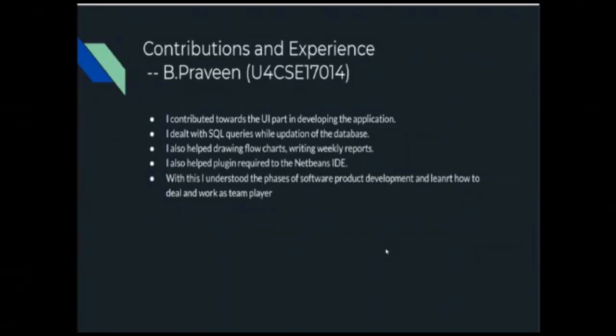Hey guys, this is Praveen and I am here to briefly explain the overall summary of the basic idea about this project. It is a very simple application where a user can take an appointment with a doctor. If he doesn't have an account, he can simply create one within a few seconds. If he already has an account, he can directly log in to the system. Once logged in, he has the options to make an appointment, edit an appointment, or cancel an appointment.